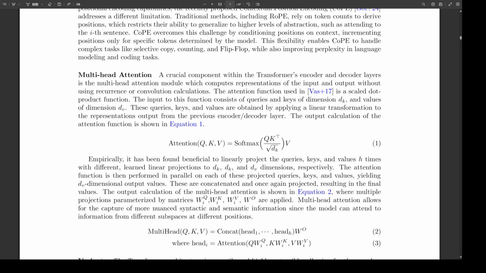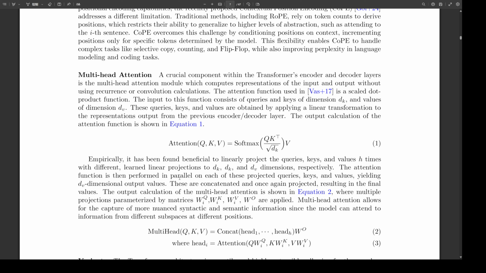Now, the decoder blocks are very similar to the encoder blocks, but they have one extra piece, a cross-attention module. This lets the decoder attend to the output of the encoder, effectively bridging the input and output. So it's like the decoder's checking in with the encoder to make sure it's on the right track as it's generating the output. Exactly. And another important detail is that the self-attention in the decoder is masked. This means it can only attend to words that have already been generated, not future words. This ensures that the generation process is autoregressive, meaning each word is generated based on the preceding words. That makes sense for generating text sequentially.